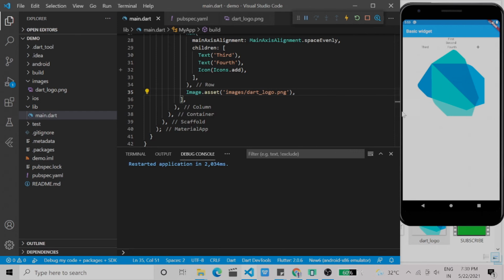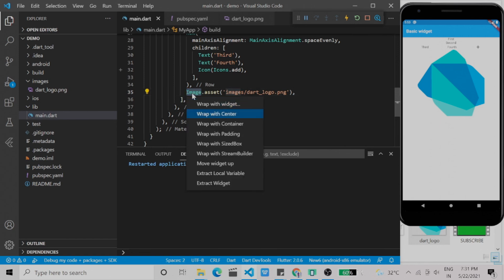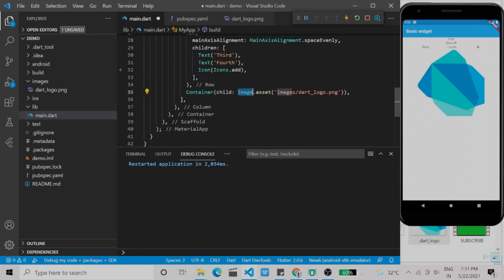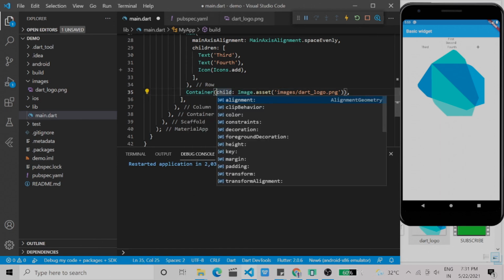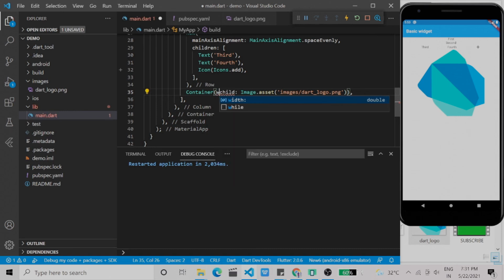Now you can see the image size is too big, or I want to minimize the image size. You can wrap this image widget inside a container. The container has many options where you can resize this image. I'm going to resize with a height option.